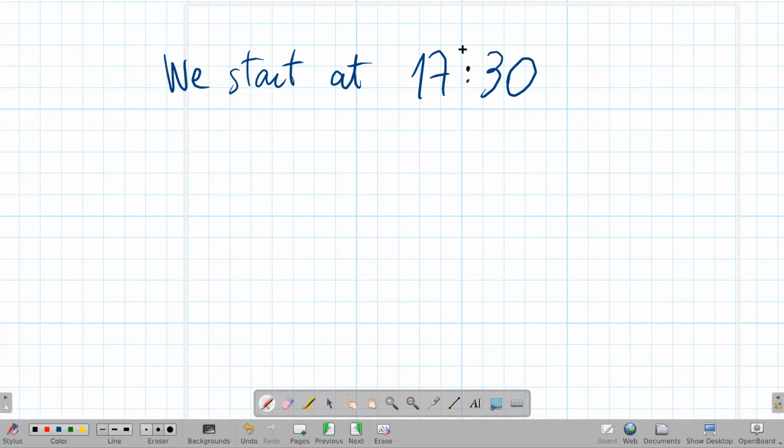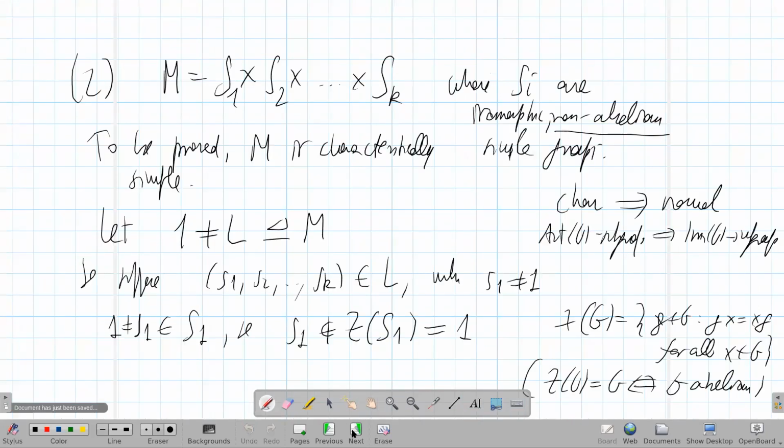Okay, so we finished the last lecture in the middle of the following argument. We had seen that a characteristically simple group, so a non-trivial group which has no characteristic subgroups beside the two obvious ones and the whole group, I mean a finite one, is a product of isomorphic